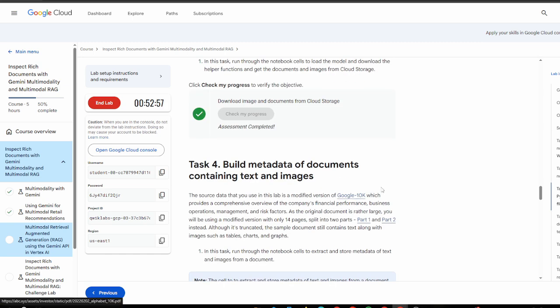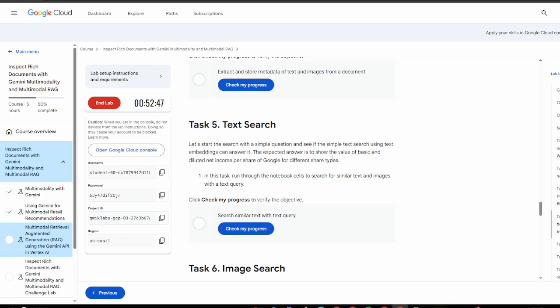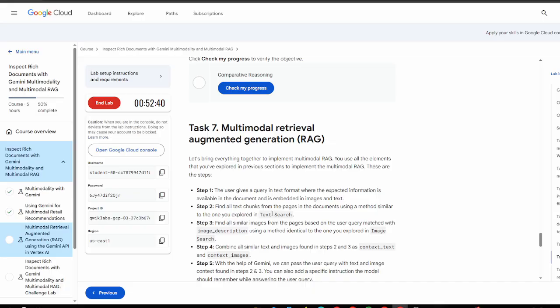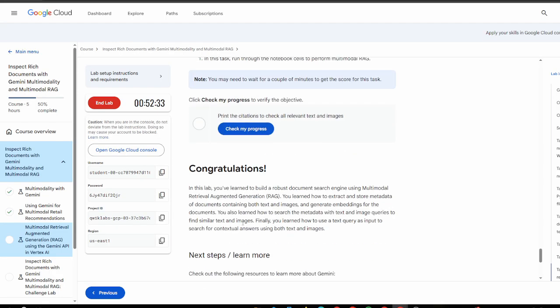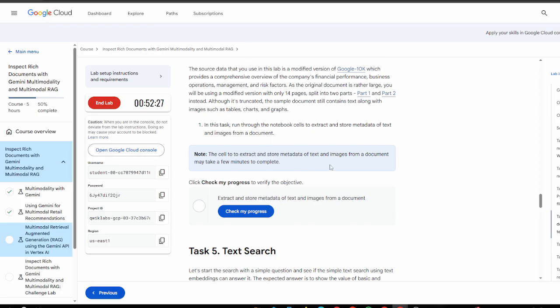Okay, we have completed that. Build metadata of document containing text and image. So we are over here, right? Because we'll have to constantly check the manual, because a few steps are given which you have to follow. So we'll just have to read it properly and then go ahead, otherwise we might get an error